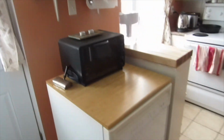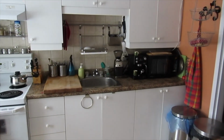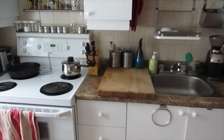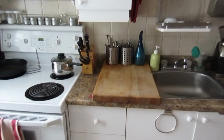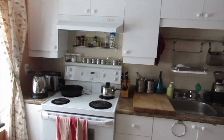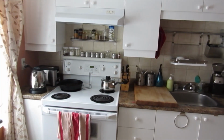Okay, so we're here in my kitchen for the final reveal of the cutting board and to see it in its natural habitat. So here we go. Let's just pan out to the entire kitchen here. You can see that right there is the inspiration for this cutting board, but it's not the final reveal. And you can see there that's the only counter space in the kitchen,